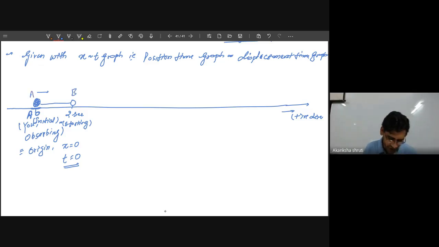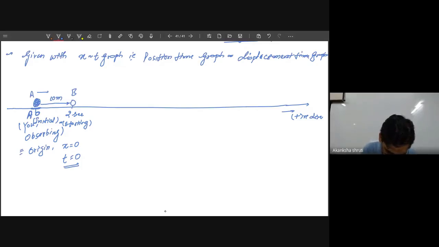Write the A at the top so that we can quickly understand. So the body has moved to position B after 2 seconds, meaning it might have covered a certain distance. Let me take this distance as 10 meters. Means in 2 seconds, the object has moved 10 meters. This object may be any insect or a ball or anything, or maybe a toy car or a big truck or the train itself.